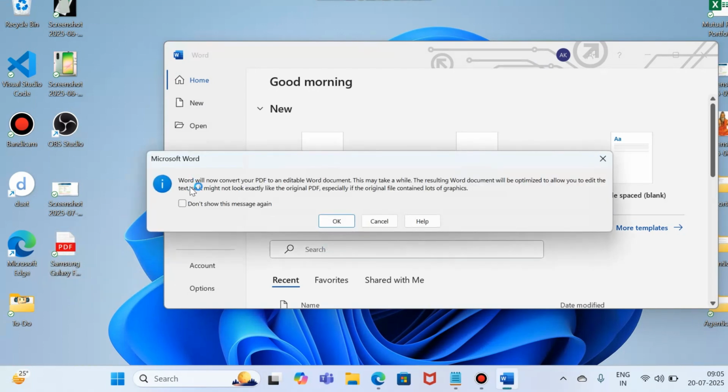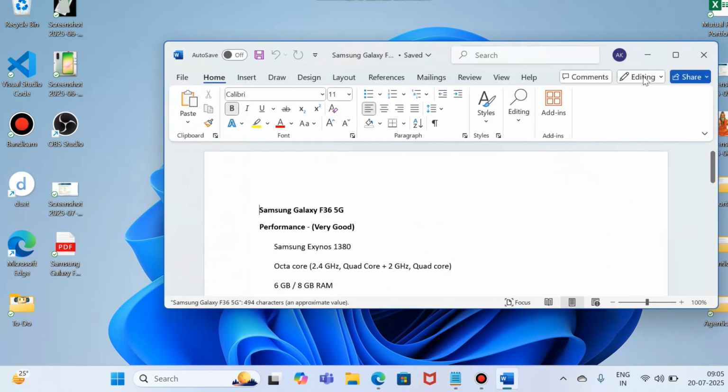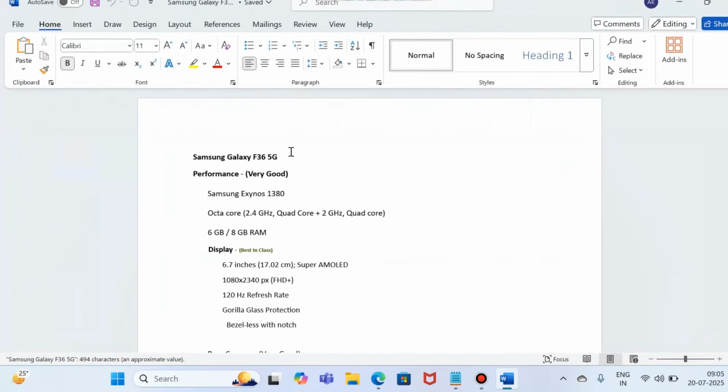And now you can see over here, Word will now convert your PDF to an editable Word document. Just go and hit, and here you go. Now your PDF is successfully converted to a Word document, and that is also editable. If you want to edit, for example, if I want to write something, yeah, you can edit this